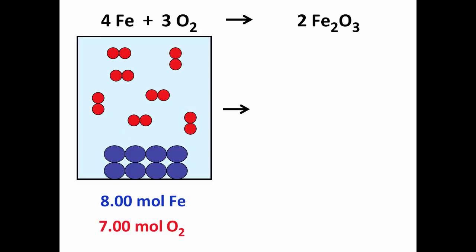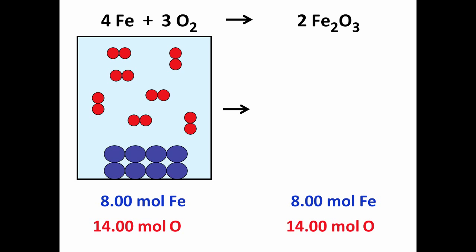And if you do this, let's look at it here with a couple of things to note. One is 8 moles of Fe, that's straightforward, but 7 moles of O2 is of course the same as 14 moles of O. You have 7 pairs of oxygen atoms, therefore you have 14 actual atoms, and on a larger scale, 14 moles of O. And so we're going to have to end up with 14 moles of O and 8 moles of